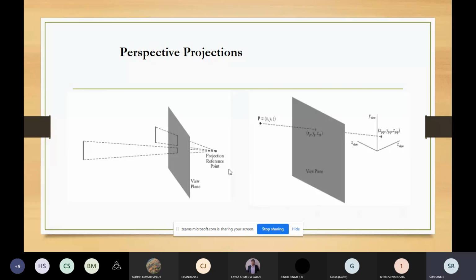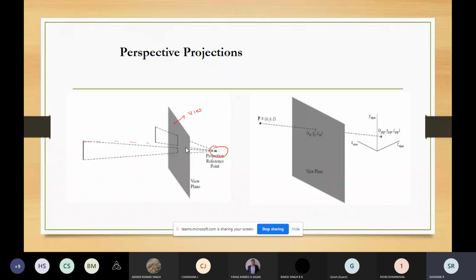But when you're talking about perspective projection, you can see that some lines are converging to a point beyond the view plane. This is the view plane, and beyond it two lines are converging. This is how it is done in cameras also. You need to consider the rays from the objects in the scene which converge to a point. The camera works on this principle: the reflected rays coming from the object in a frame converge to a point on the camera film. The same thing is implemented in perspective projection.